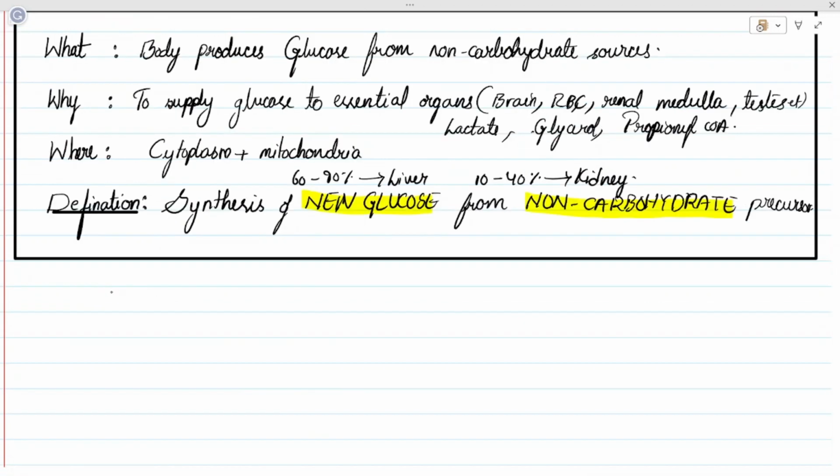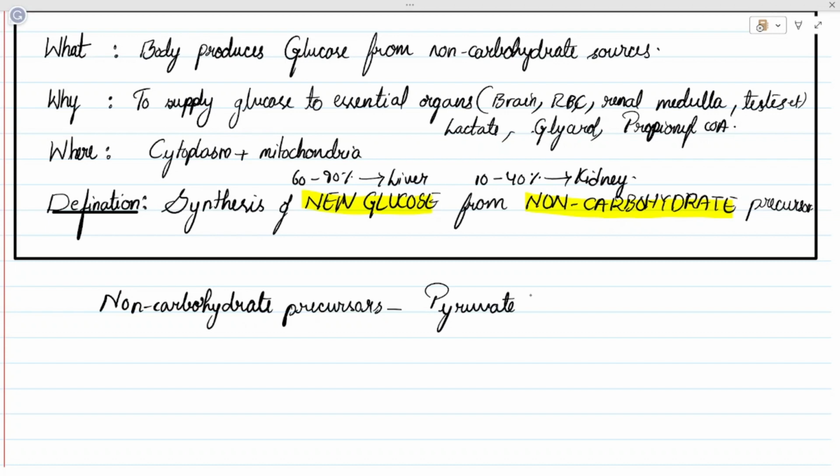The examples of the non-carbohydrate precursors include